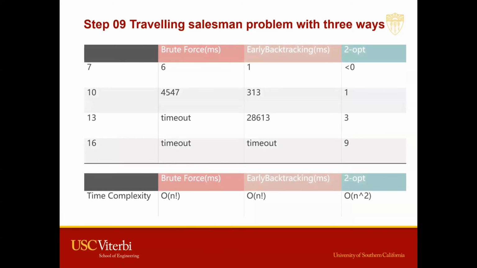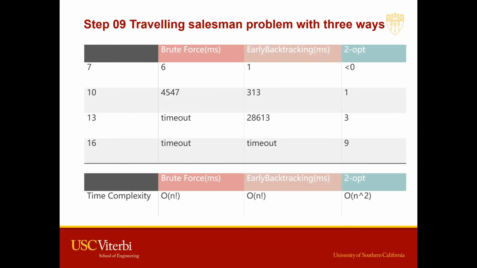From these two tables, we can see the runtime for brute force is quite slow, which is n factorial. That's because in brute force, we need to permute all the possibilities to get the shortest path. For early backtracking, although we can skip the cases where the current distance is larger than the minimum distance, which could speed up the process, if we consider the worst case, the runtime is still n factorial,